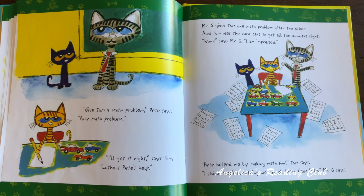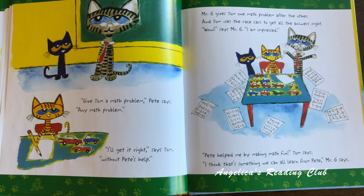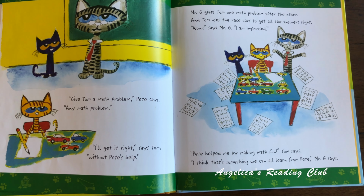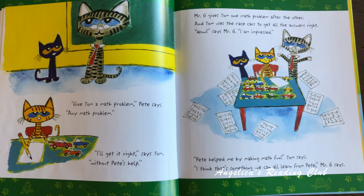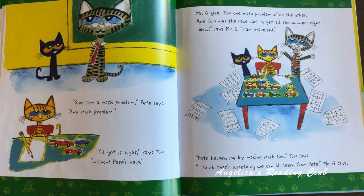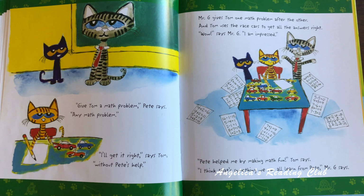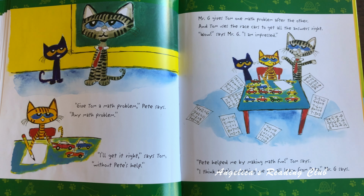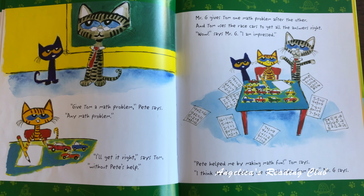"Give Tom a math problem," Pete says. "Any math problem. I'll get it right," says Tom, "without Pete's help." Mr. G gives Tom 1 math problem after the other, and Tom uses the race cars to get all the answers right. "Wow," says Mr. G. "I am impressed." "Pete helped me by making math fun," Tom says. "I think that's something we can all learn from Pete," Mr. G